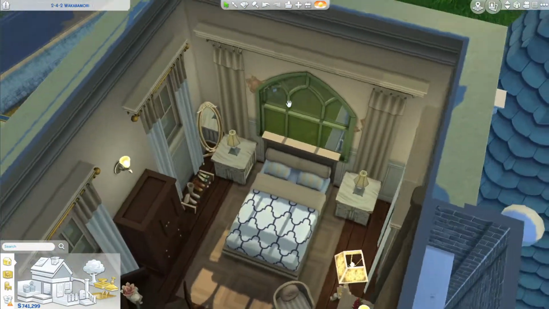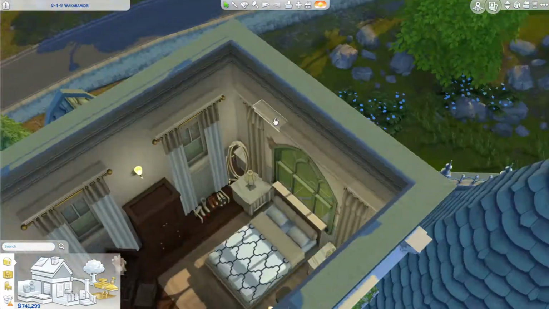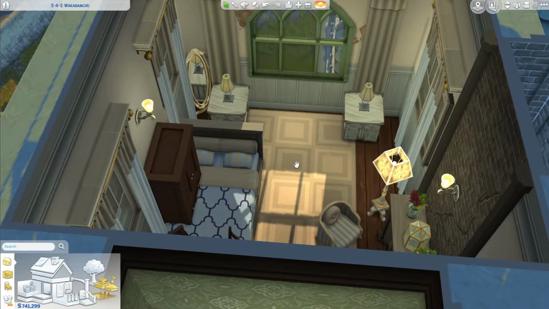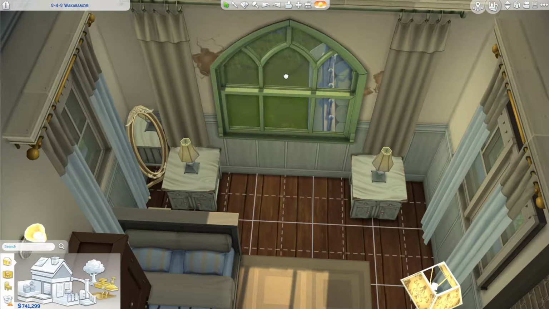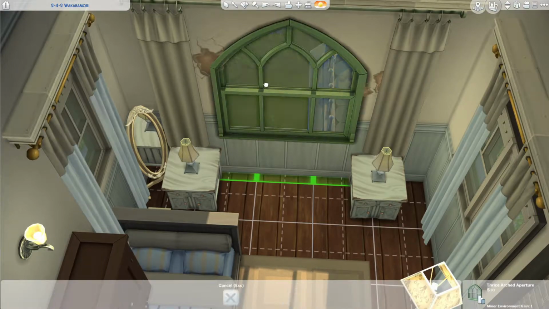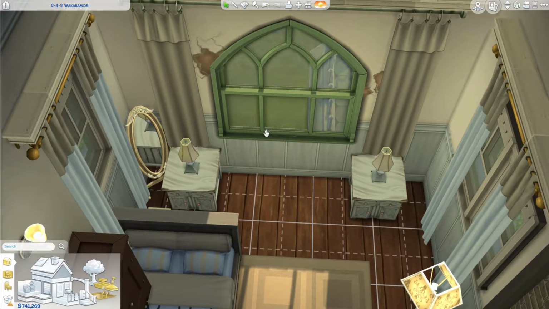Okay, so we've got our green window because most of the windows in Sims 4 have the same color on the inside as they do on the outside. So we will want to move this bed and this rug out of the way because we need room to click on the floor. Okay, so you're going to want to duplicate your window, so just shift click to make another one and put it in the exact same location, and then pull up the tool menu, shift T, and